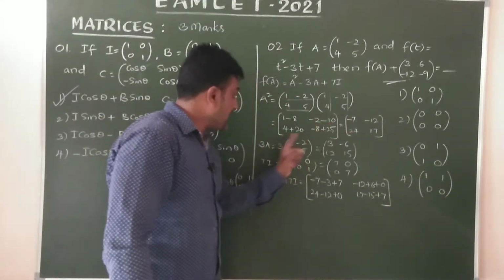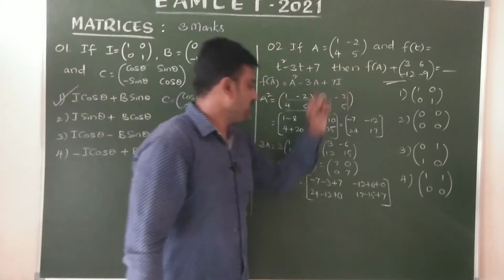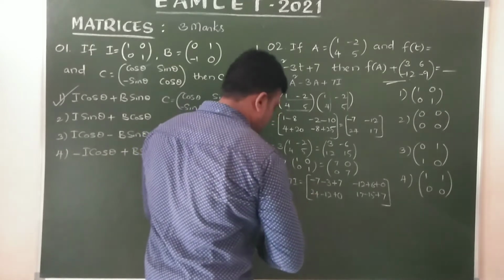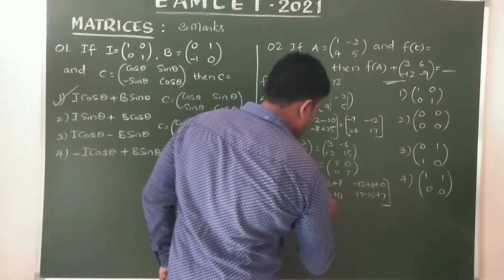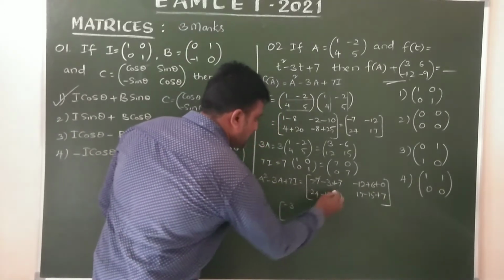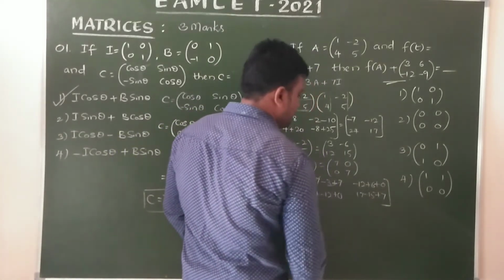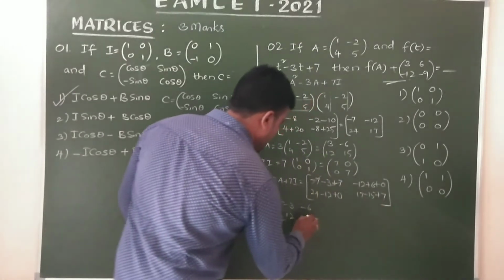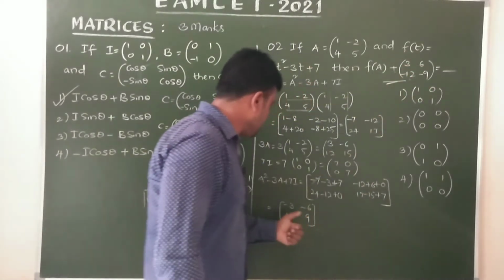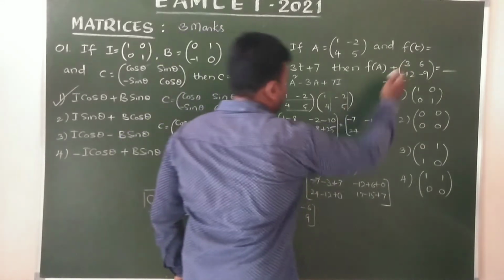Now A square minus 3A plus 7I, that is nothing but f of A. Then that equals minus 7 plus 7 get cancelled and it is a minus 6, it is a minus 3, minus 3, it is a minus 6, it is a 12 and 17 minus 2 plus 7 is 9. Okay, now observe here 3 6 minus 12 minus 9, it is here minus 3 minus 6 plus 12 9. Just these are opposite, yes or no?